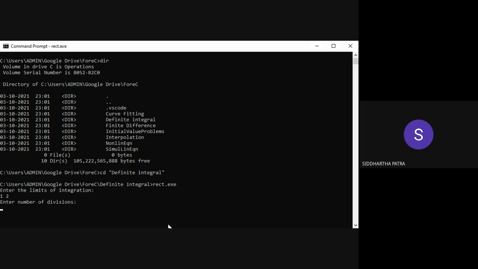Because once you integrate 1 over x, it is ln of x. Then the limits are 1 and 2, so ln of 2 minus ln of 1 gives ln of 2. And here it is asking for number of divisions. In my program, I have allowed the user to input